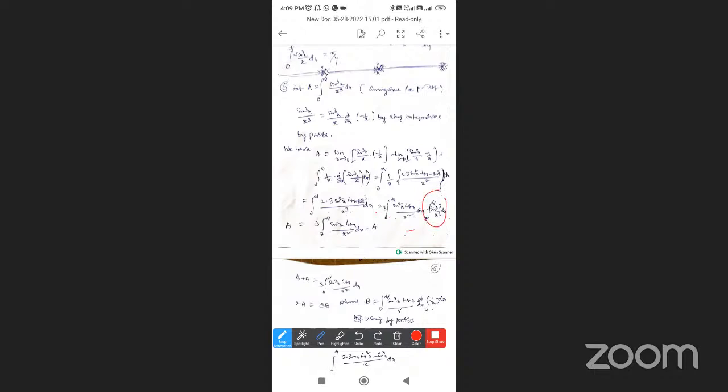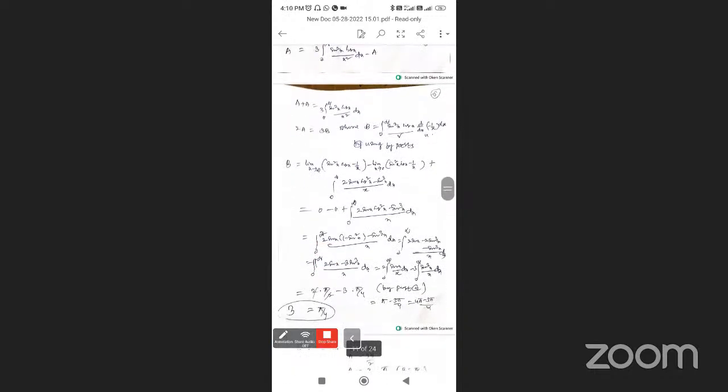This is the value a minus a. Minus a, we take to the left side: a plus a. So we got a plus a is equal to 3 into 0 to infinity sin square x cos x by x square dx. Once again, this is 3b. What is b? Where b is equal to